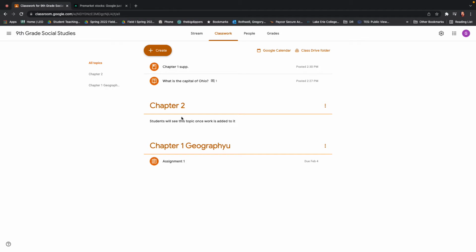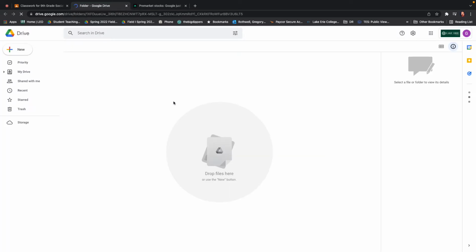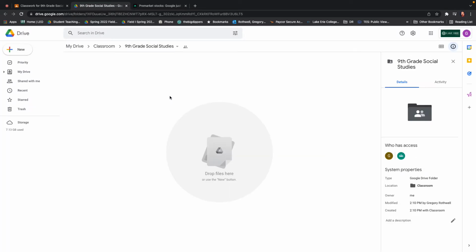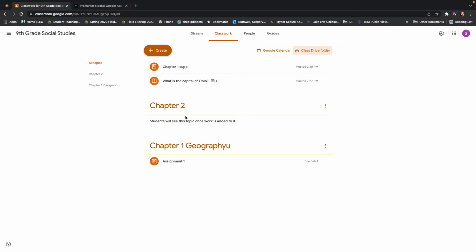You have Google Calendar and Google Drive class folder. A lot of people will create a class folder. Well, it does create a class folder. This is your class folder. And then you're able to drop things in there as you see fit. So the very last thing